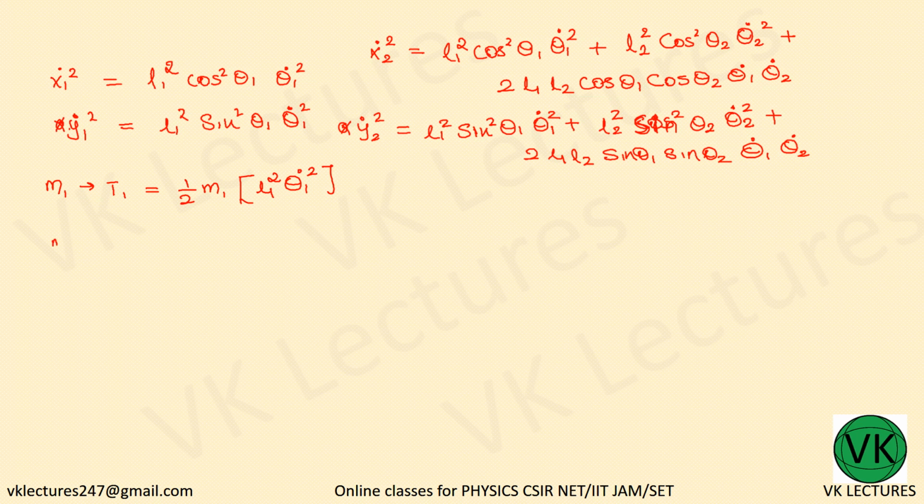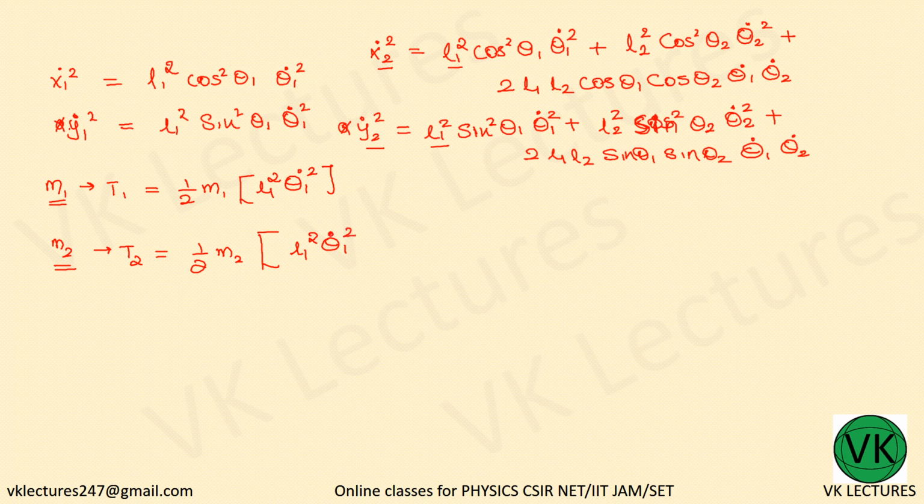And considering the mass m2, we have the kinetic energy T2 given by half m2 (x2 dot squared plus y2 dot squared). This becomes L1 squared (sine squared theta plus cos squared theta 1 becomes 1) and theta 1 dot squared, so that becomes L1 squared theta 1 dot squared